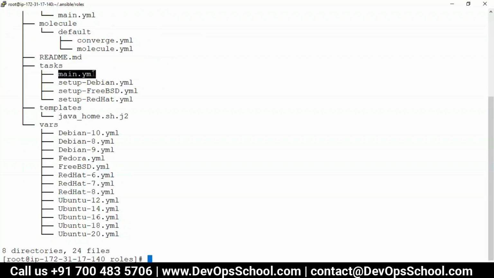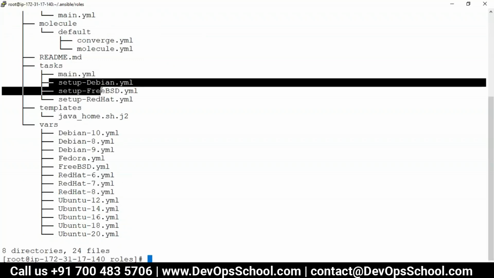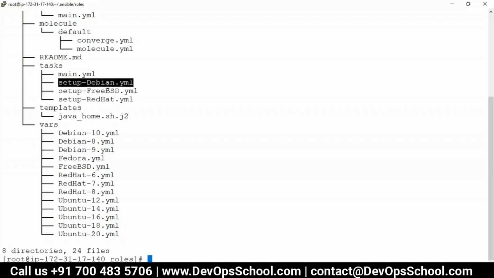This is a production-ready role, and it's one of the most popular roles we have. Here you have tasks main.yaml, but we also have three different YAMLs, one for Debian, one for FreeBSD, one for Red Hat. Debian supports apt, Red Hat supports yum.